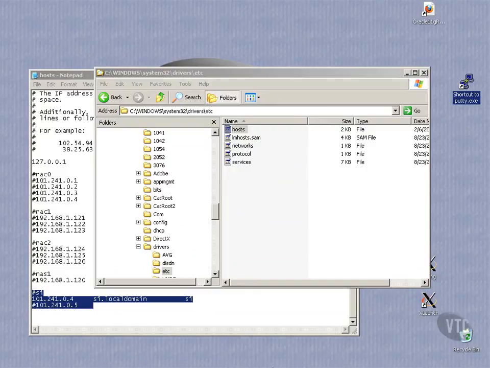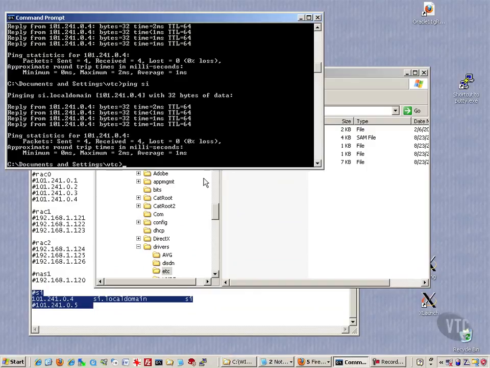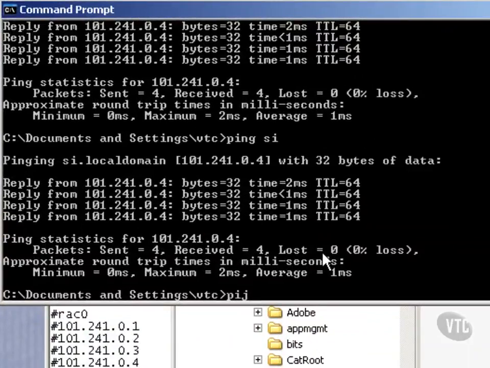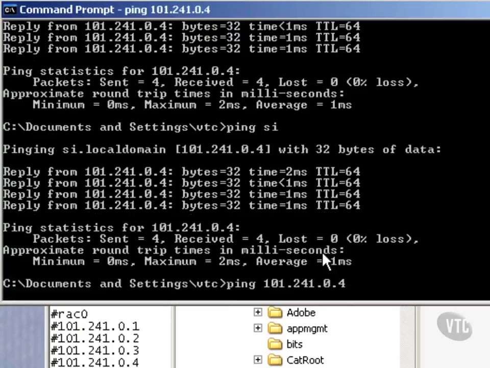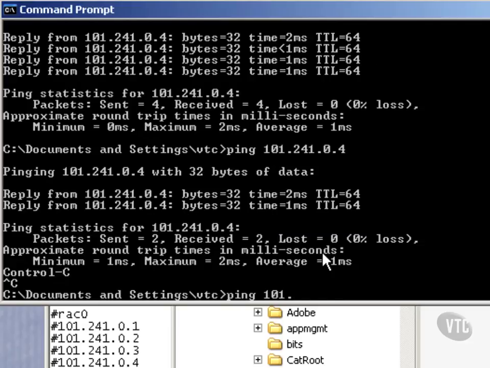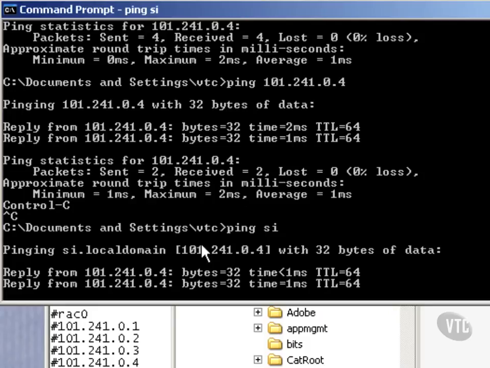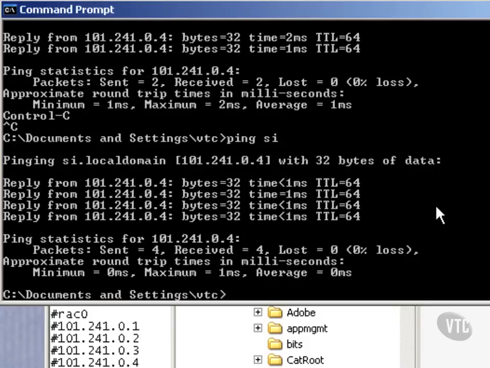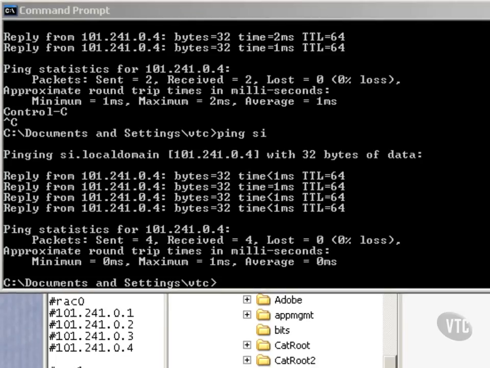and PuTTY, and what I can show you is that first of all I can ping, which I've already done just now, the IP address, which means I can talk to my server, and the name, which is interpreted by the host file, which I showed you down here. So I'm talking to the Linux server. So the next step would be simply to start the download and installation process of the Oracle software onto the